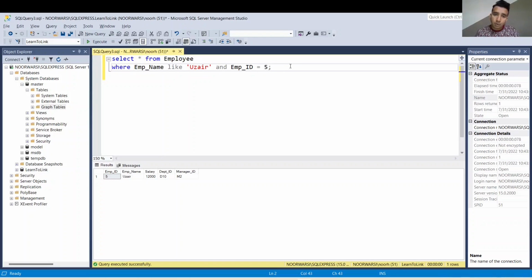This employee name Uzair has employee ID 5, but what if I write 3 over here? Let's execute. As you can see on my screen, it's not showing me anything, which means, as I already told you, that the AND operator works in a way that both the conditions before and after the AND must be true. So here you can see that I have written employee ID number 3, so it's not showing me any results. But if I write over here